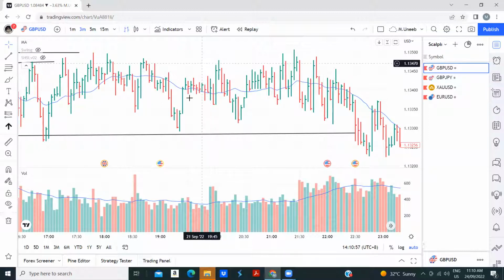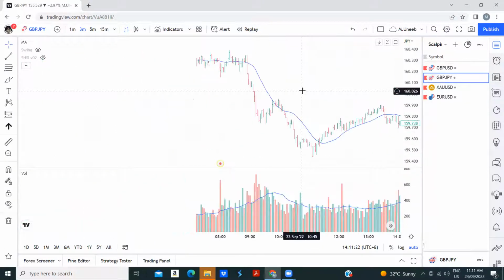But I have a tip for you: don't analyze only Euro, GBP, US dollar. You should also analyze Euro, US dollar, or you can also analyze GBP, JPY, British pound, JPY. Either of these would make sense. For example, this is 21st September. Now if I go back and see 21 September of GBP, JPY,